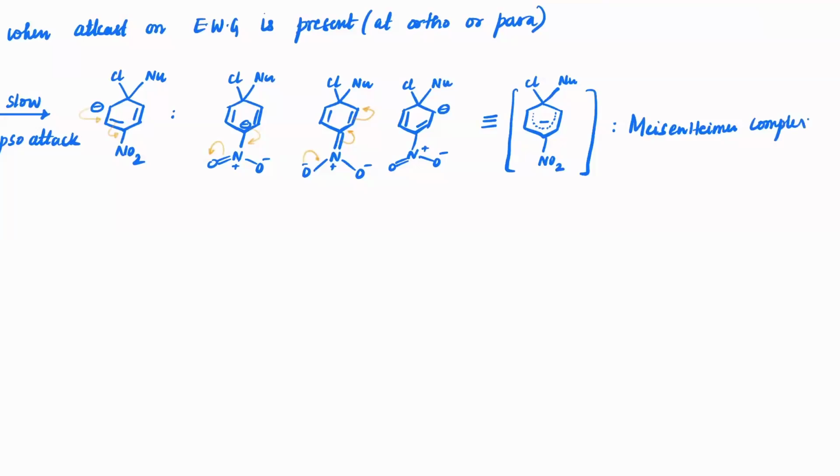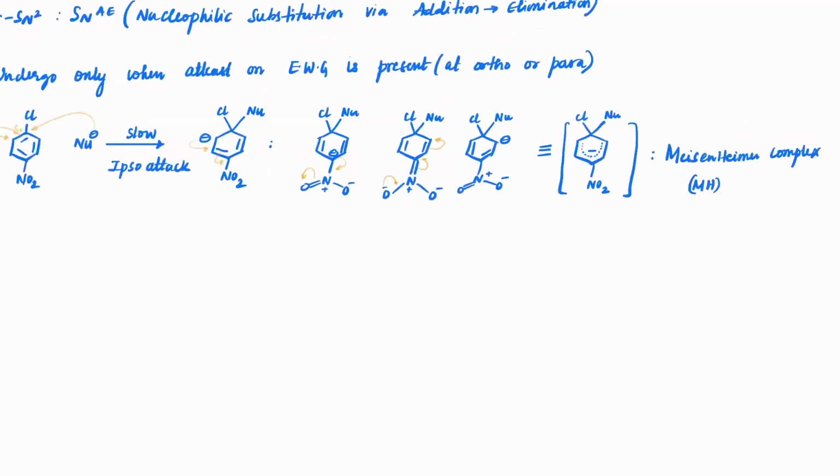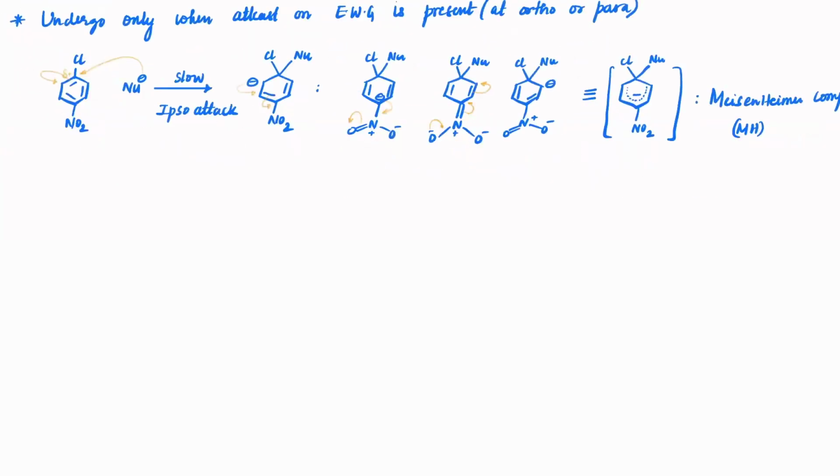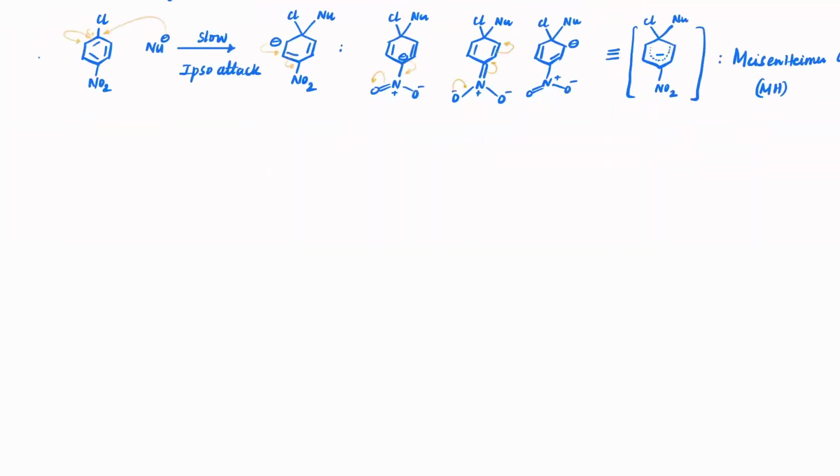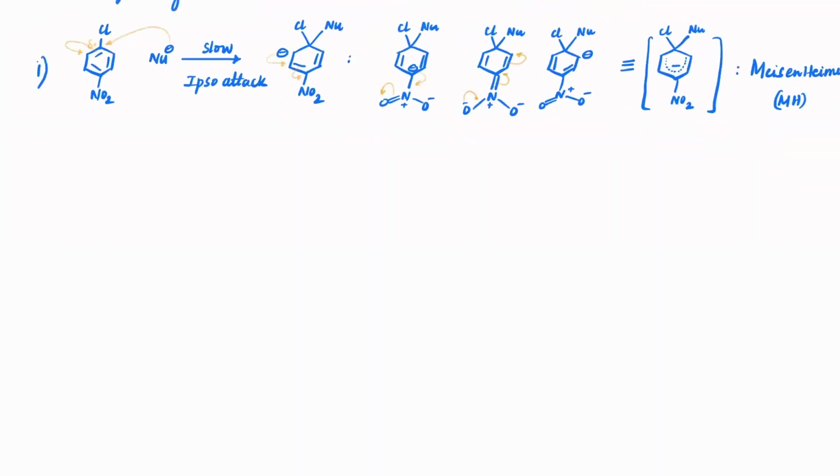For our understanding, let us now use this as MH complex, just like Maharashtra. Okay, so we'll use this as MH complex. Clear? So the first step is formation of this Meisenheimer complex. Okay, that will be the slow step of the reaction. And since this is the first step, what is the second step here? Once you get this Meisenheimer complex here,